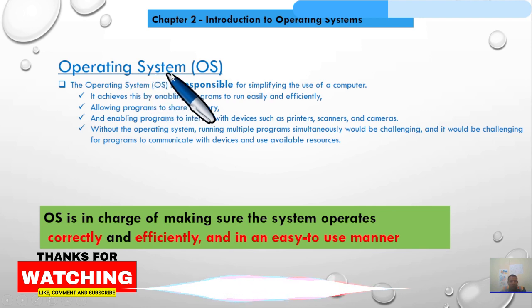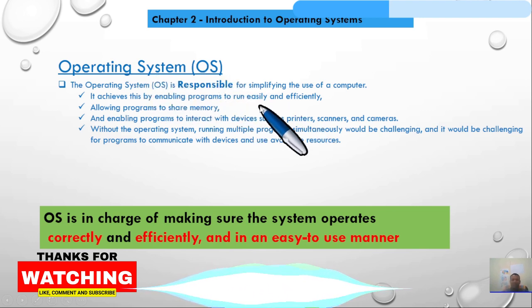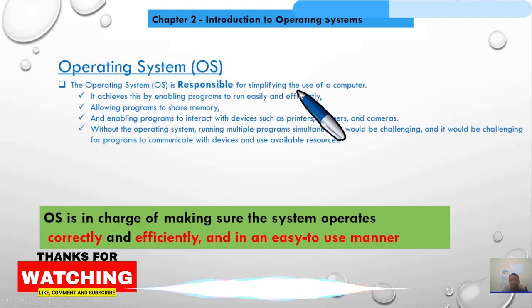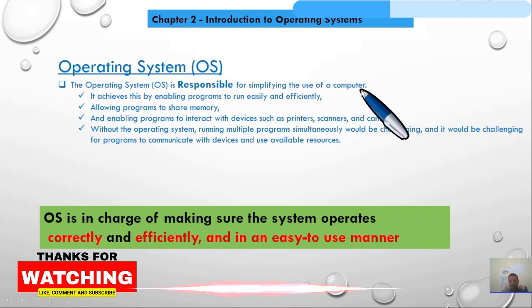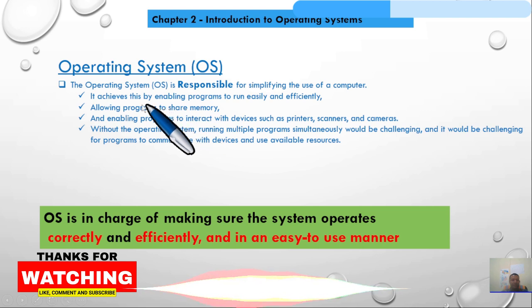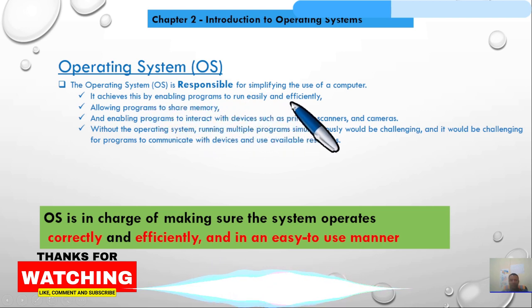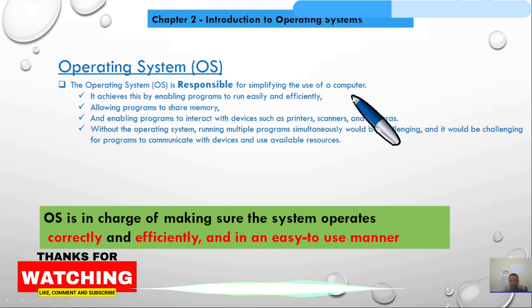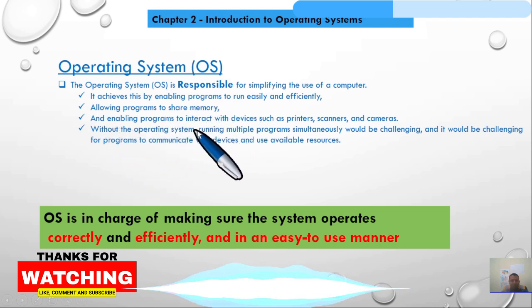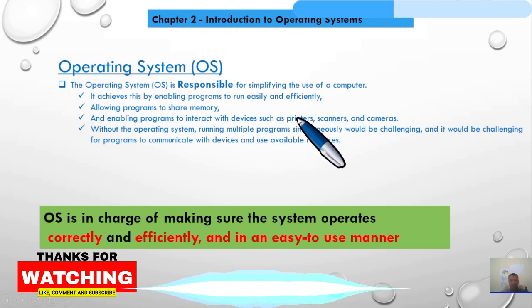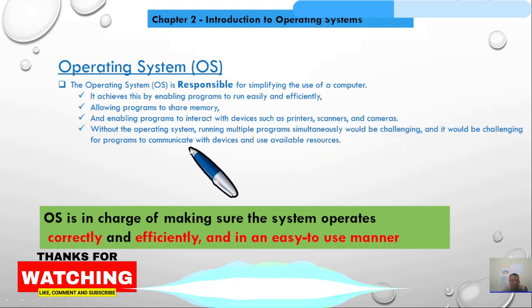The operating system is responsible for simplifying the use of the computer. It achieves this by enabling programs to run easily and efficiently, allowing programs to share memory, and enabling programs to interact with devices such as printers, scanners, and cameras.